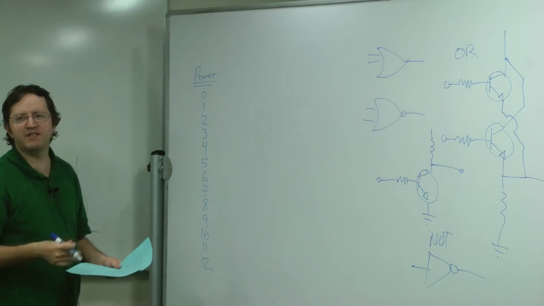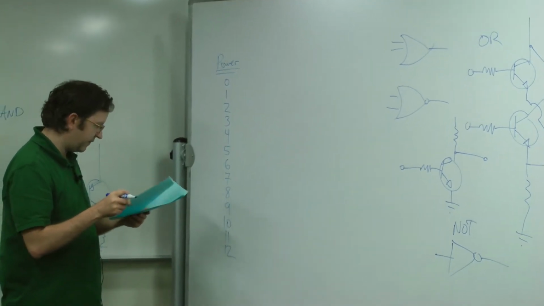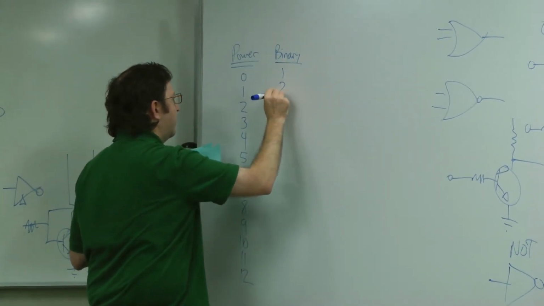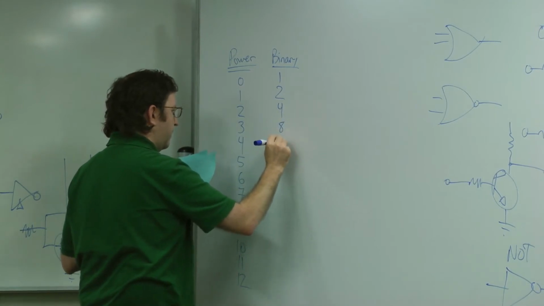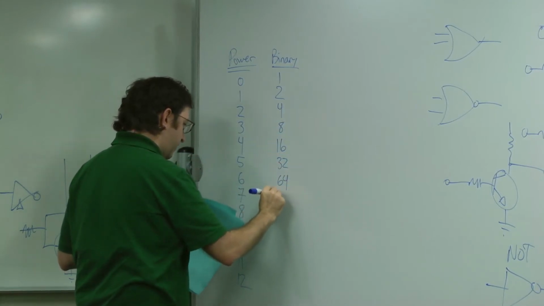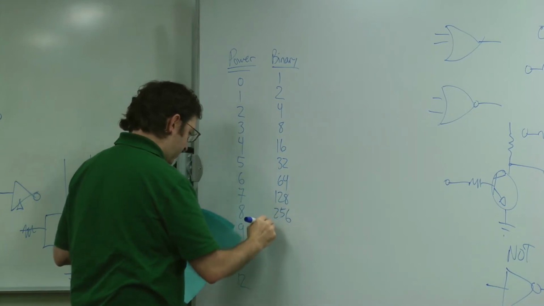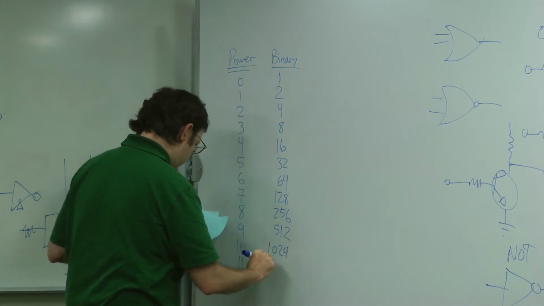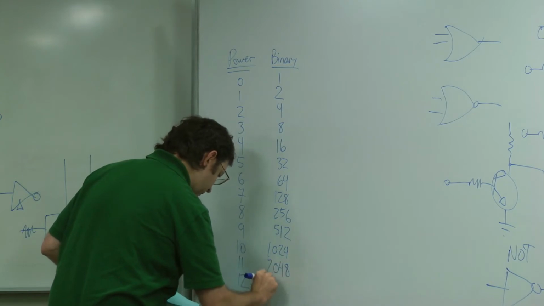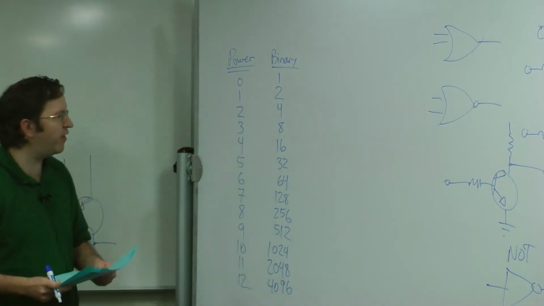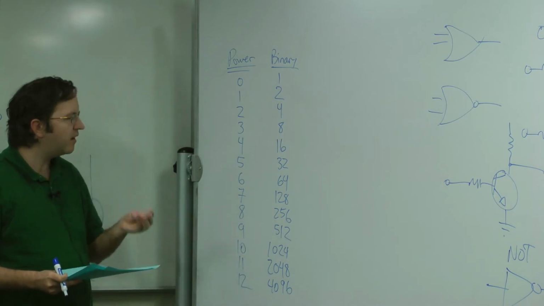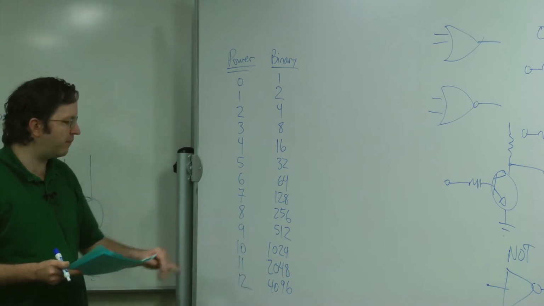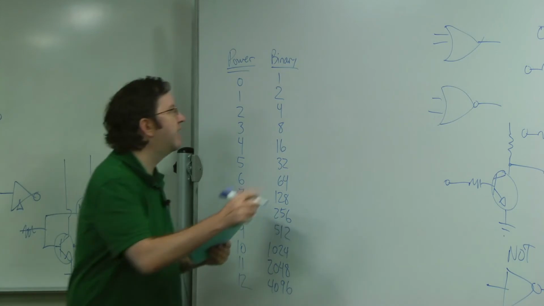Just to get a feel for what happens with the powers, we're probably pretty familiar with how fast binary powers tend to rise. Now, ternary, on the other hand,